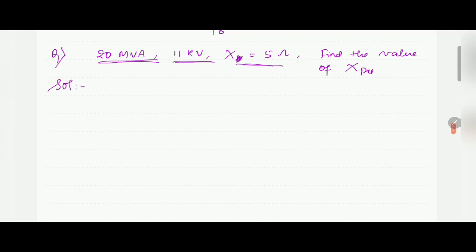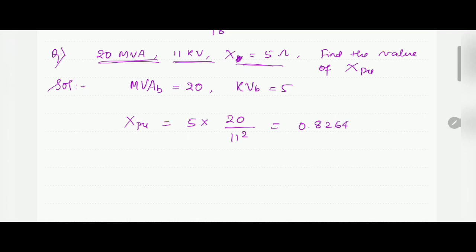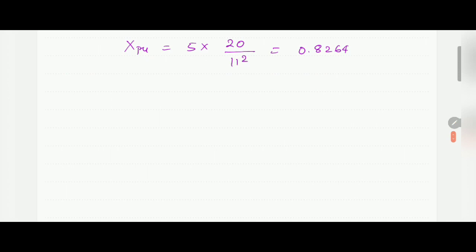So base MVA will be equal to 20 and base kV equal to 11. So on calculating the per unit value, we will be getting 5 multiplied by 20 upon 11 square. On calculating we will be getting 0.8264. So here we see that the per unit value for the same generator is different when we are considering different